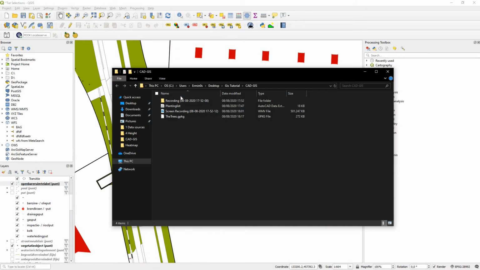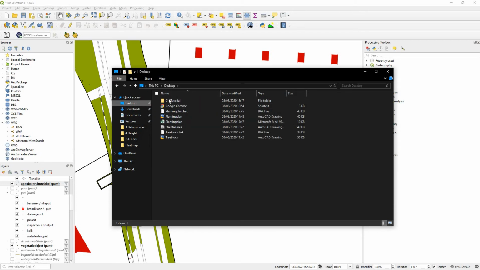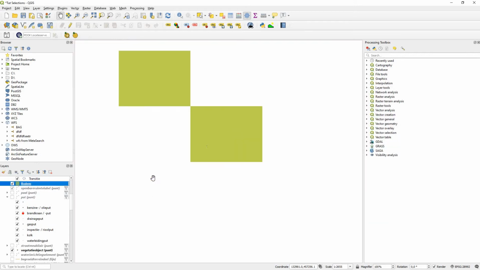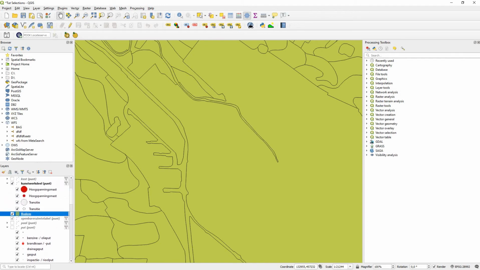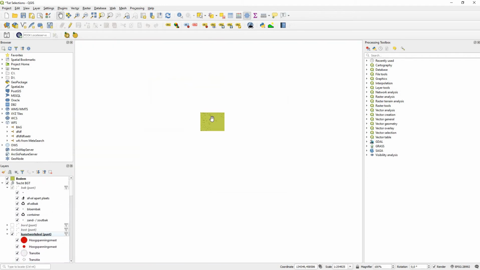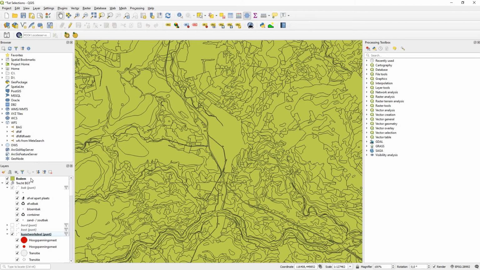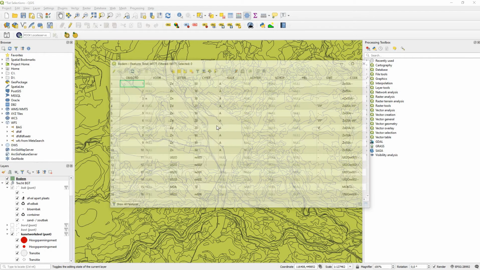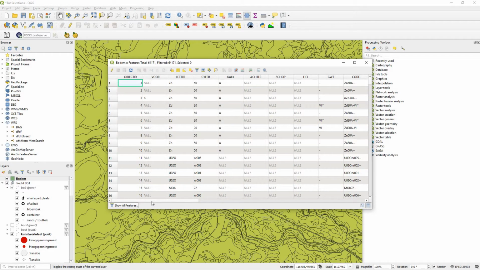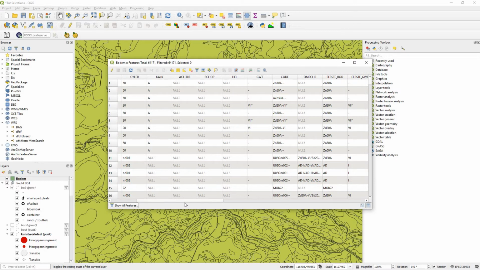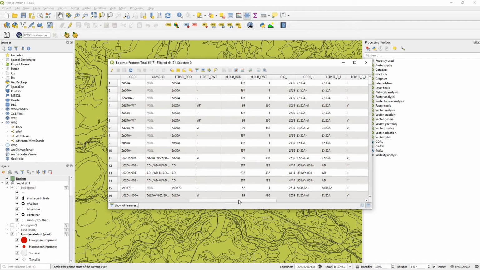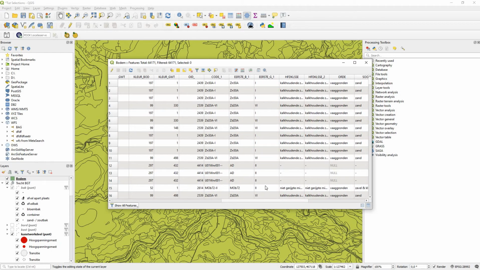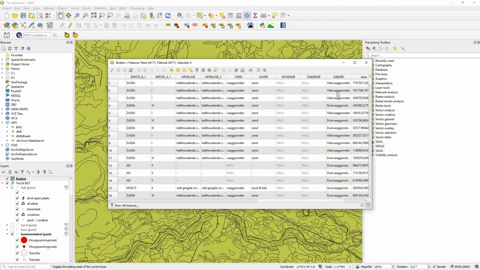For the other part, I'm going to load in quickly a soil map, and it's this shapefile, and it's the soil map of the Netherlands. And this is how you mostly will get your shapefiles. So a nice map with no information just yet, but once you open the attribute tables, you will see that it has a lot of features, but also a lot of codes. So it has like a letter. Does it have any calcium? The real codes, the height of the water, and the explanation of what types of soils they are or which subgroup